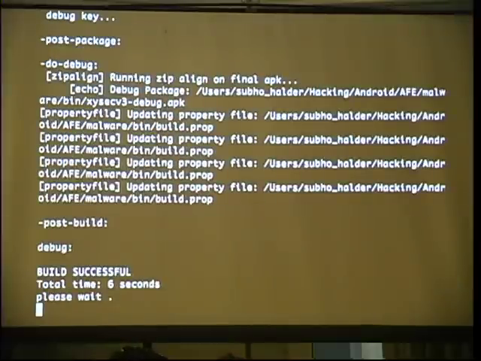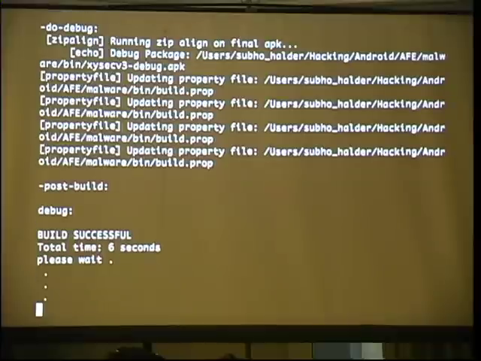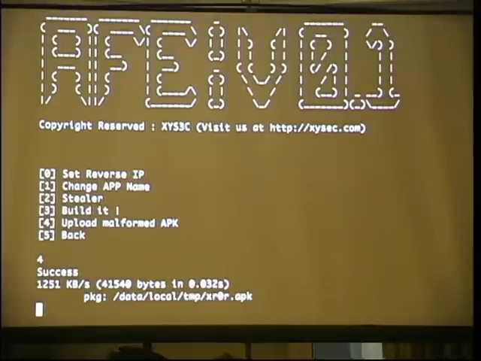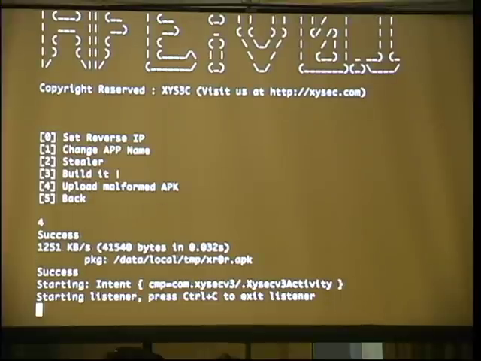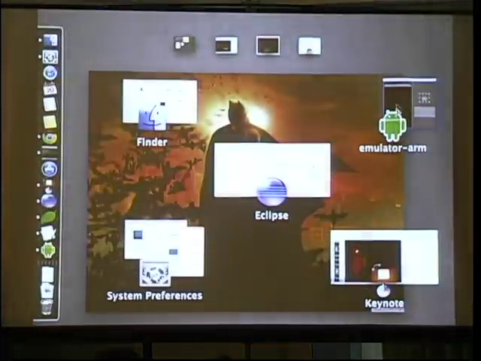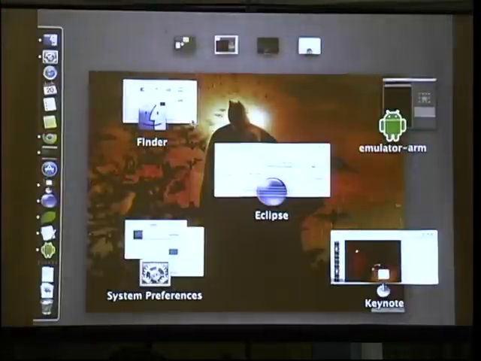All right, so the build is successful. Wait for 6 seconds. After that you can just upload it, or there is an APK file which you will find in the output folder, or else you can just upload this malformed APK into the emulator. What it does is it starts a Python reverse listening server, which listens to port 8888, and we can go right over here to see this application is automatically launched.